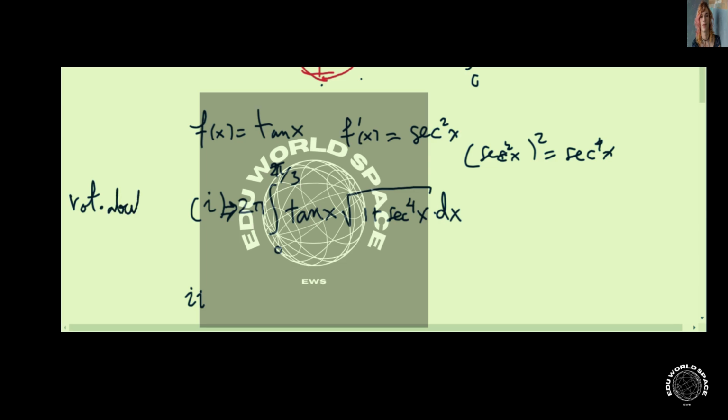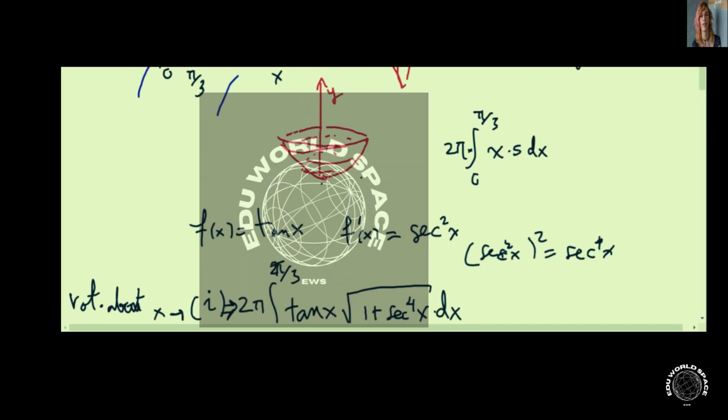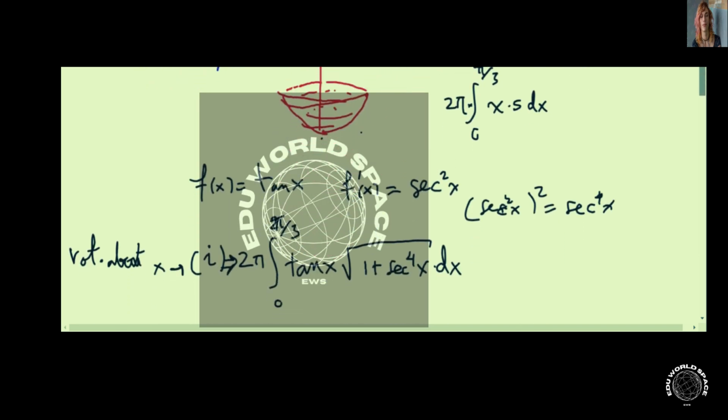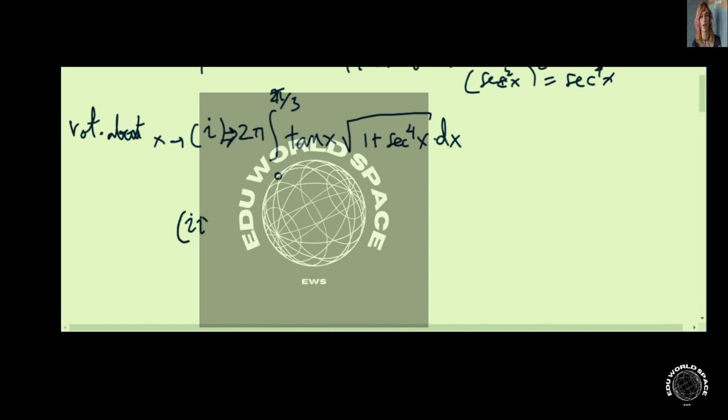about x, and then if we rotate about y, we will have this, so that it is equal to the second one, which will be 2 pi times the integral from 0 to pi thirds of x times square root of all the same, 1 plus secant of x to the fourth power, dx, and then when we approximate that with our favorite